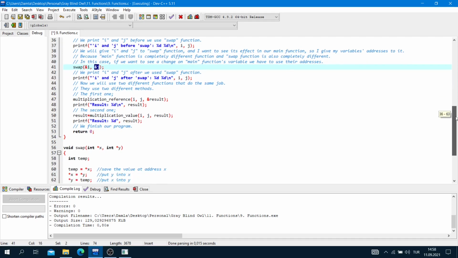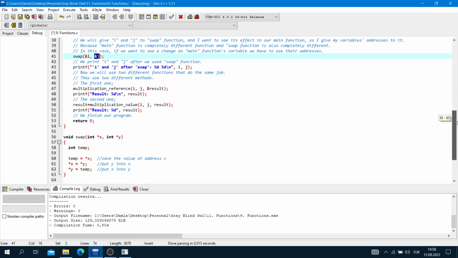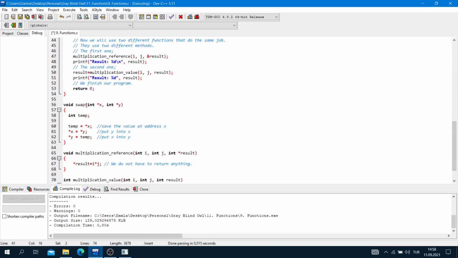So I sent the addresses of our variables and integer pointer x and integer pointer y, because I send addresses, and we keep the addresses with a pointer. So integer pointer x and integer pointer y. So we put the i value into integer pointer x, and I put the j value into integer pointer y.